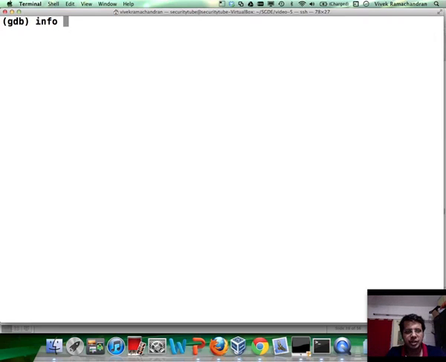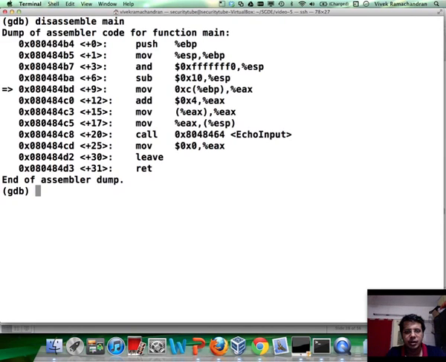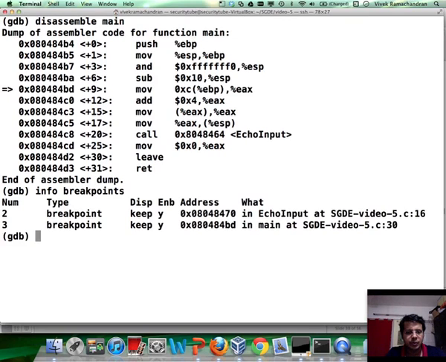So let's say I basically do a disassemble main, and if I look at info breakpoints, right, we have two breakpoints. One of them is at this location, and the other one is basically at this location,